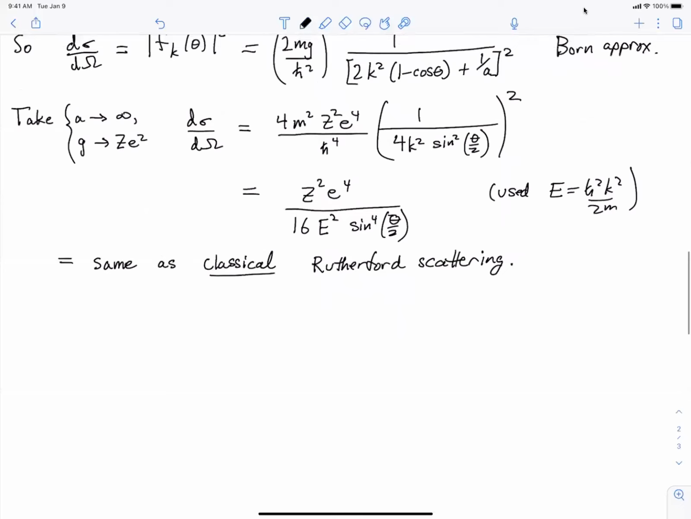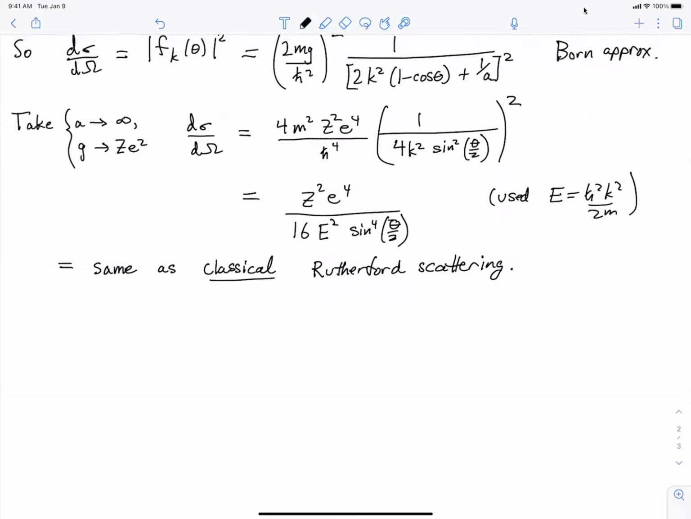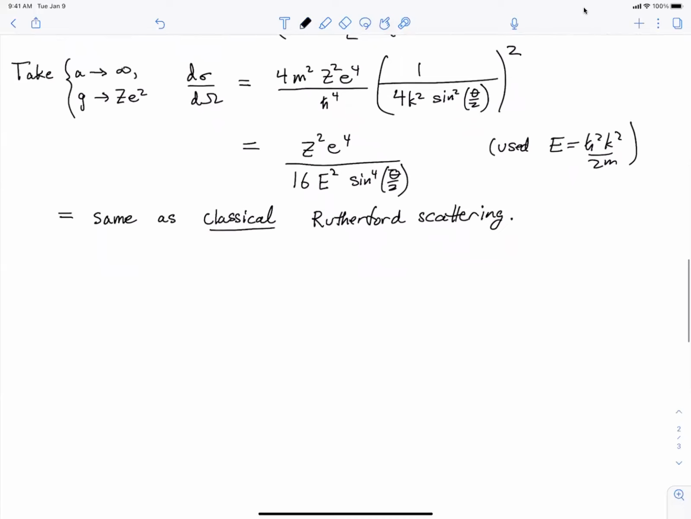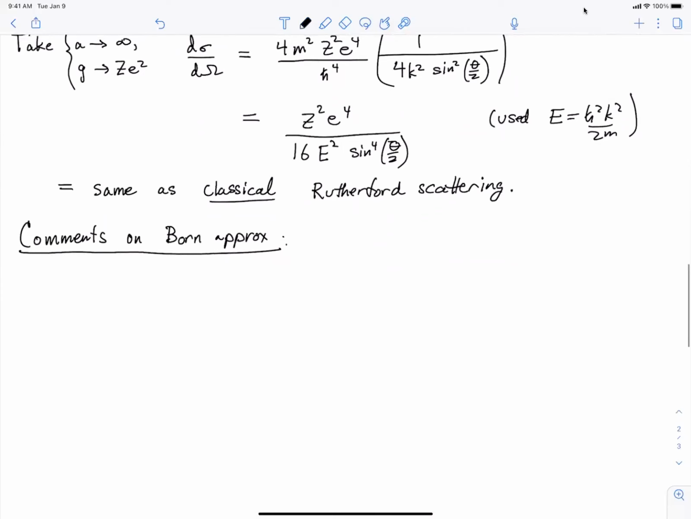Okay, so in a little bit, we'll talk about how to go beyond the Born approximation and get a more accurate answer that includes more of the quantum effects. But let's make a bunch of comments, first of all, on the Born approximation in general. Okay, so one is, actually, let's make these comments about the spherically symmetric case, because that's the case that will arise the most. So for spherically symmetric,